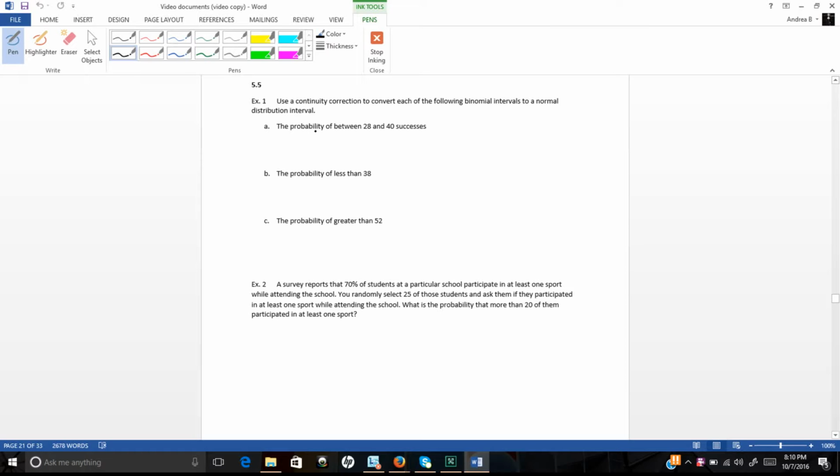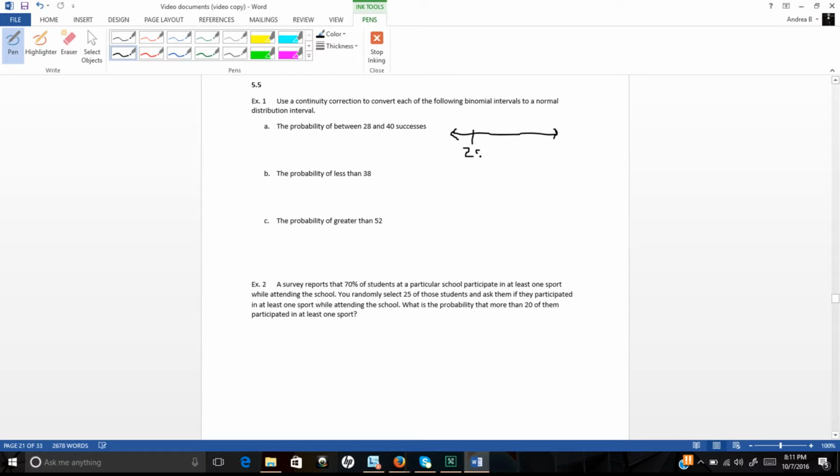So to adjust to a normal distribution, which is continuous, from a binomial distribution that is a discrete random variable, we have to adjust the values a little bit here. So for this first one, if we want to find the probability that the values are between 28 and 40, that means we are not including those values to begin with. So if we think about this on a number line, for instance,